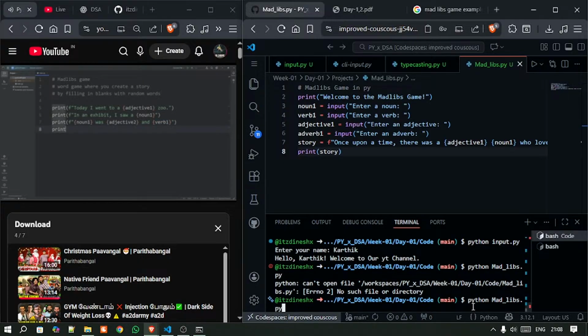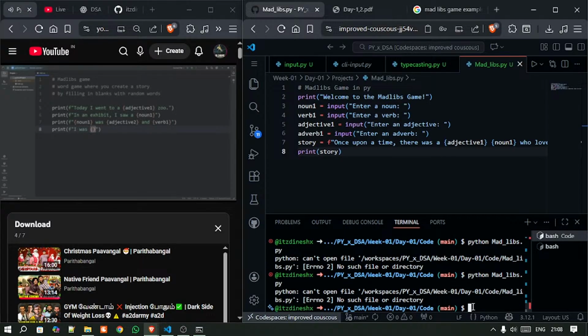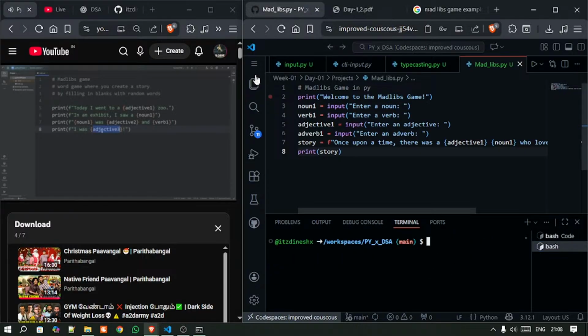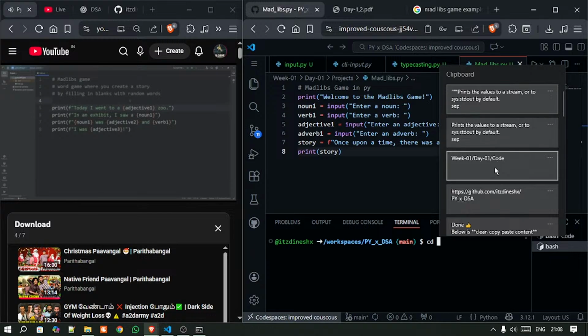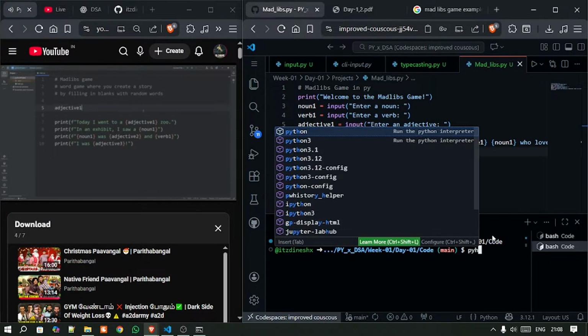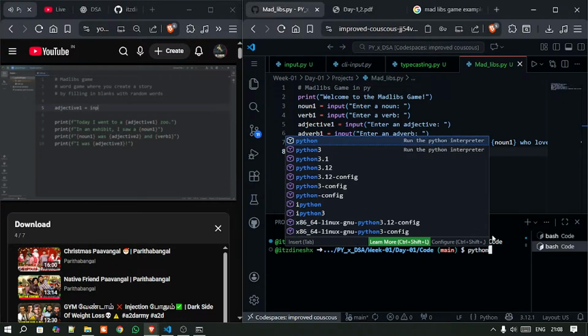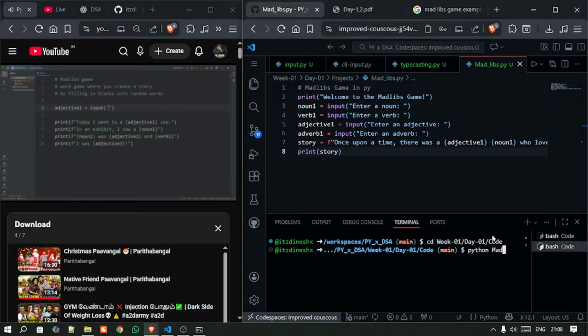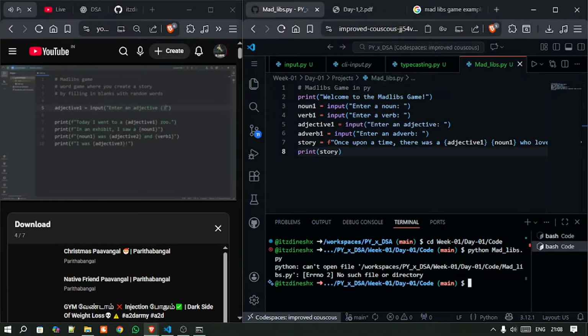Then for our last statement, let's print I was, add a placeholder. We'll create adjective3. Adjective3 will describe us. Now we're going to fill in these variables by accepting user input. We're going to fill in adjective1. We'll accept user input using the input function. Enter an adjective. I'm going to add a reminder that an adjective